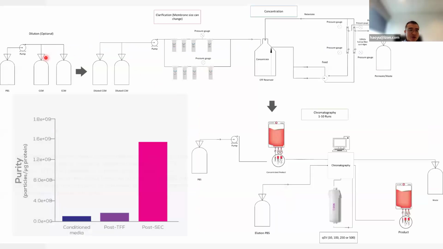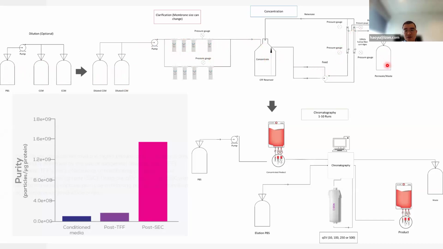And this diagram shows how it works. For example, if the raw cell culture medium is quite complex, you need to dilute it to form the dilute cell culture medium, and then pass it through a series of clarification filters, for example, 50, 30, 10 micron. And then after filtering those cell fragments out, we can start to process with the TFF to